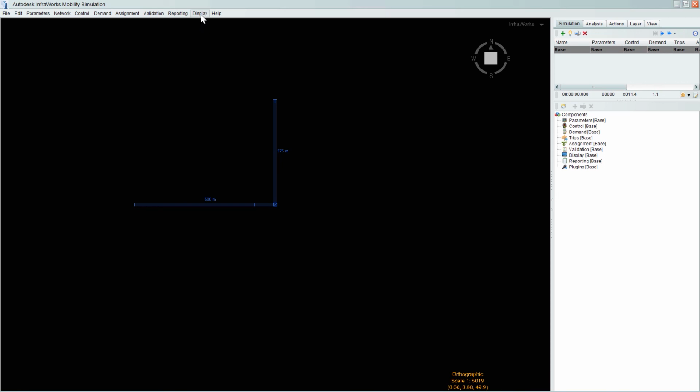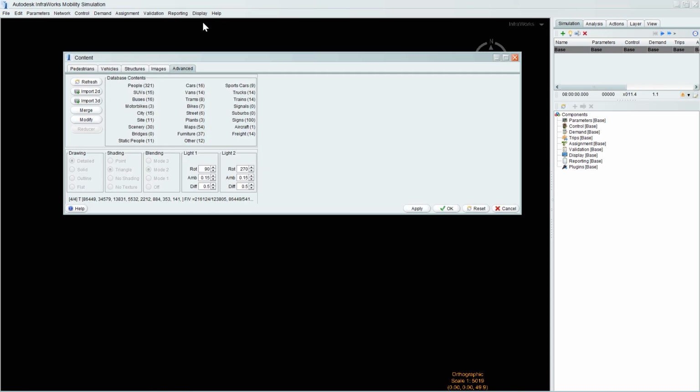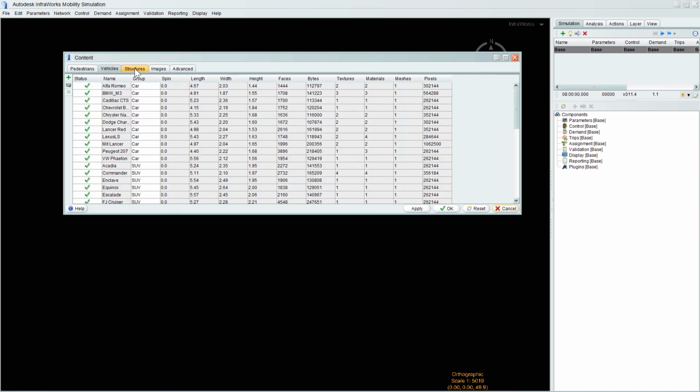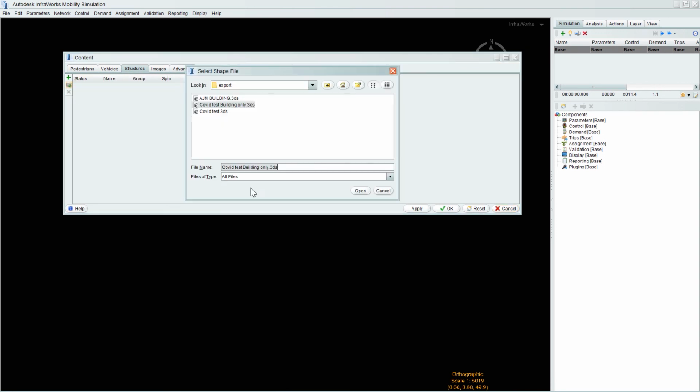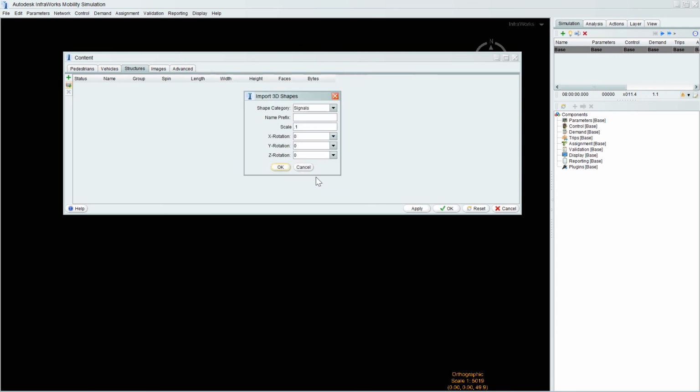So first of all, we need to go to the display menu, hit content, and then there's a number of different tabs here, one of which we used earlier in the course to import that image, but we're going to use structures this time, and then we're going to hit that there, and I'm going to pull this model in.